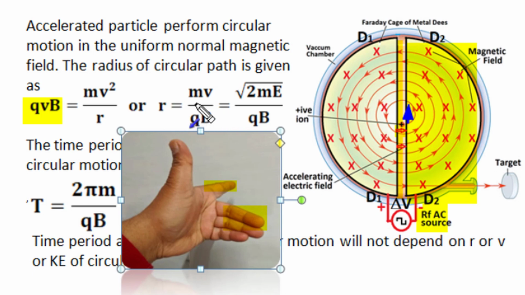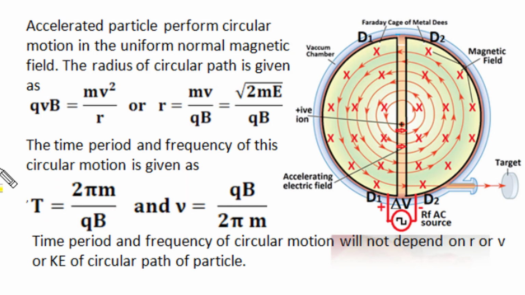Now in place of momentum mv, we can also write it in terms of energy, as momentum is equal to root of 2mE, and according to its energy the particle performs a semicircle path in metal case D2. The time period and frequency of circular motion in a magnetic field don't depend upon particle velocity or kinetic energy, and the time period is given as 2 pi m upon qB, or frequency is given as qB upon 2 pi m, and with this time period or frequency and this radius, the particle performs a semicircle and crosses this inter-D